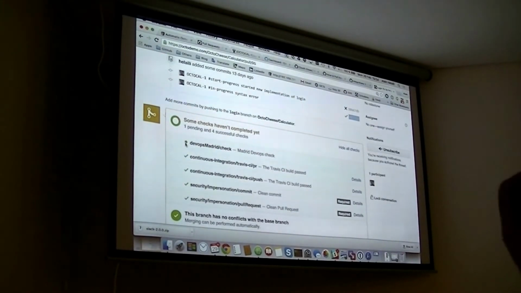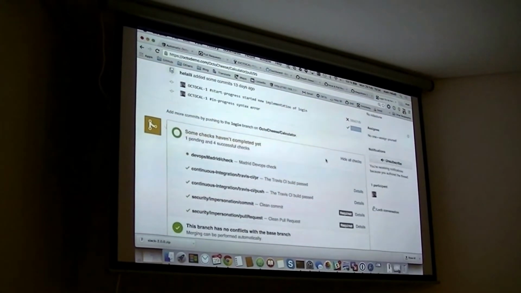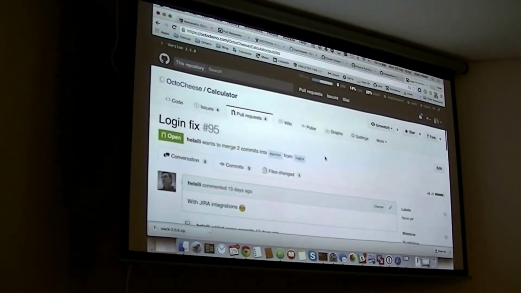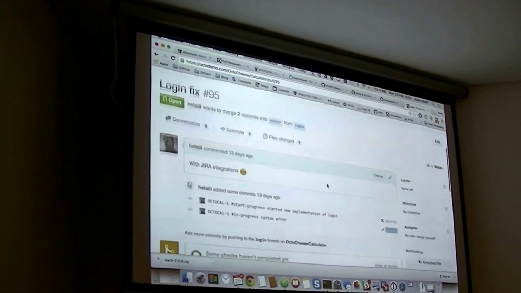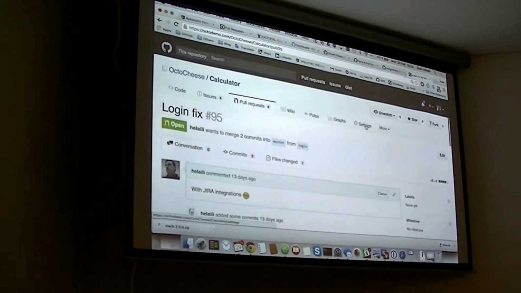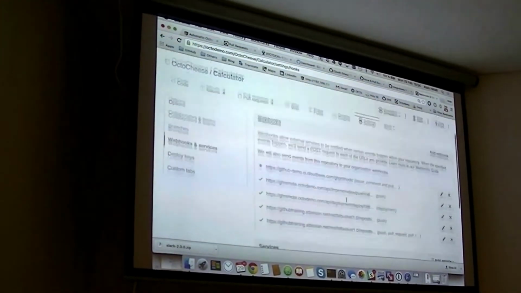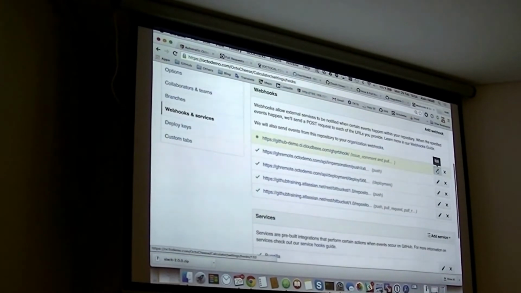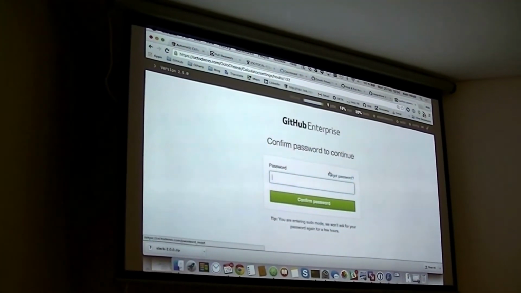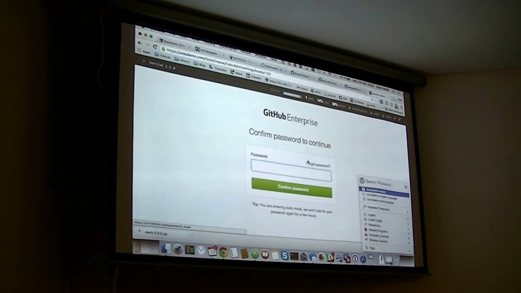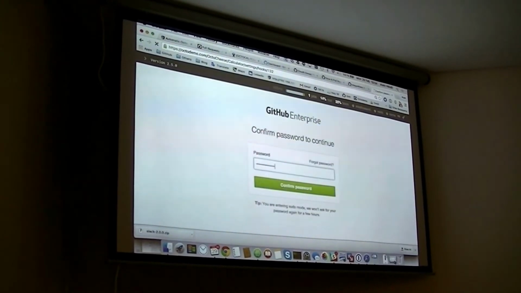So basically, what happens in a real-life project is that you're going to go ahead and change your repository settings. They're here, they used to be on the side. And you're going to create a webhook. So a webhook is just some